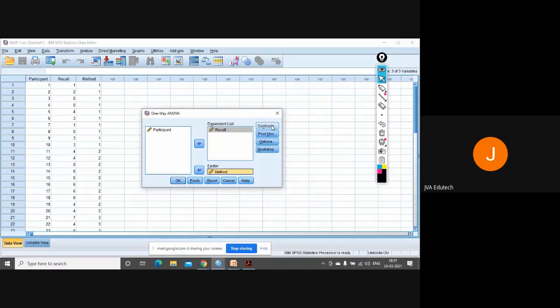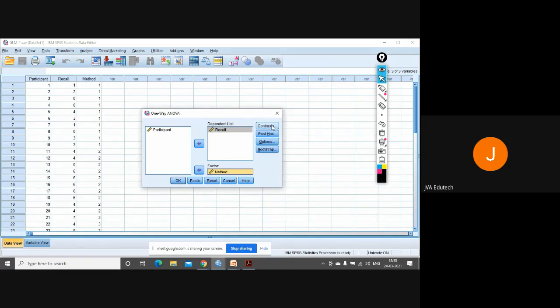Now if you have to compare methods 1, 2 and 3 with each other, one thing that you can do is perform a t-test on the three methods separately. First compare method 1 with method 2, then method 2 with method 3, and method 1 with method 3. But whenever you perform any statistical test, there are chances of error. Every outcome is equal to model plus error. There is always some error term.